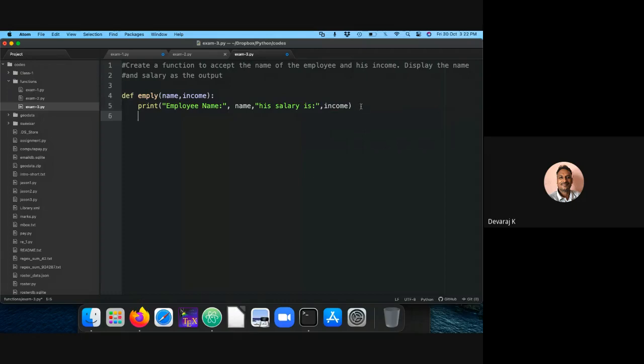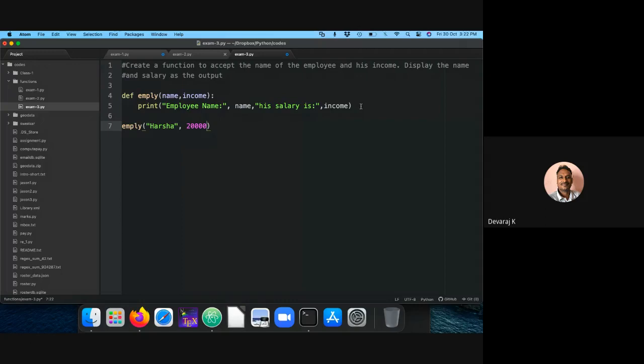So now I need to call this function somewhere. So employee, and I'm going to see, employee name is a string actually. Let me call it as, maybe some Harsha. Harsha is the employee name, and his income is, let me put it as some 20,000.